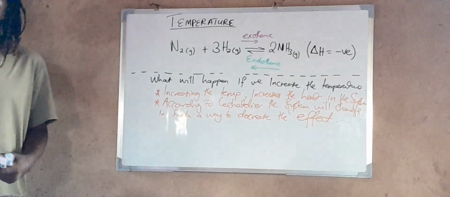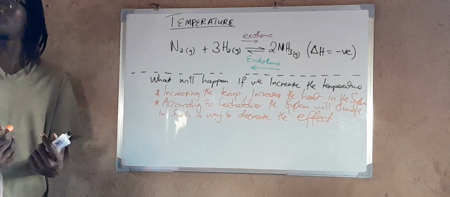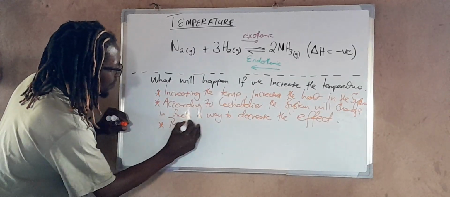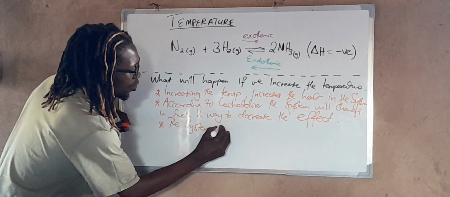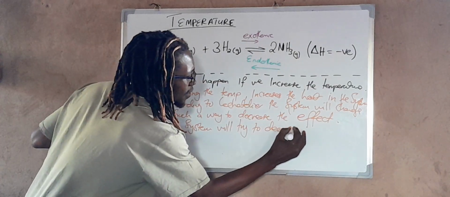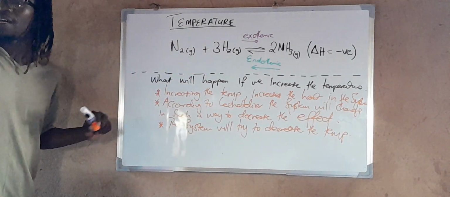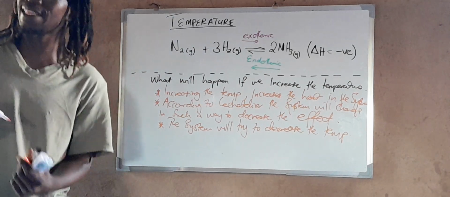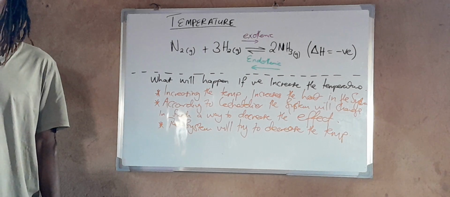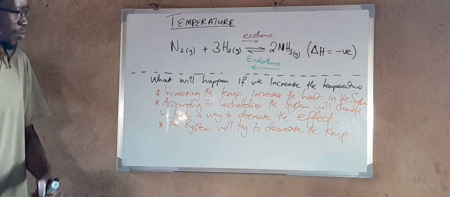Again. So we have increased the temperature. So the system will try to decrease the temperature. Because we increase the temperature, right? So the system will try to decrease the temperature, right? And which of the reactions decreases the temperature? Endothermic. Endothermic reaction always decreases the temperature, right? So we are going to write